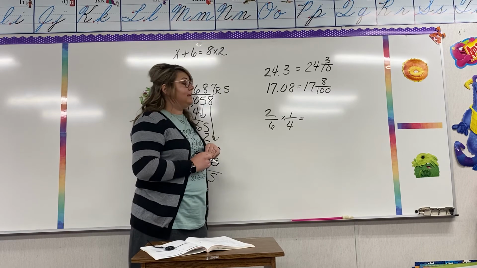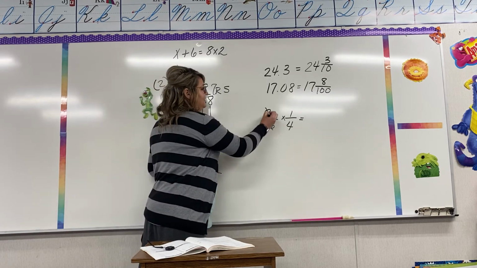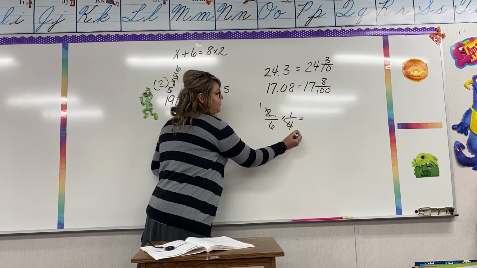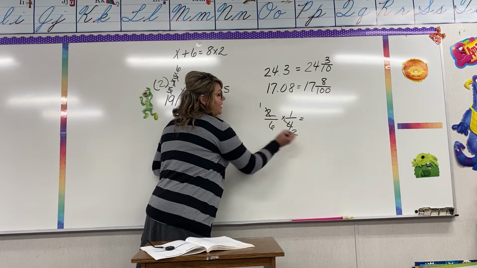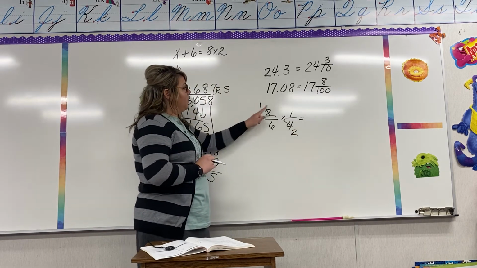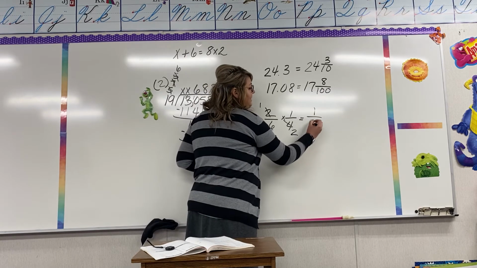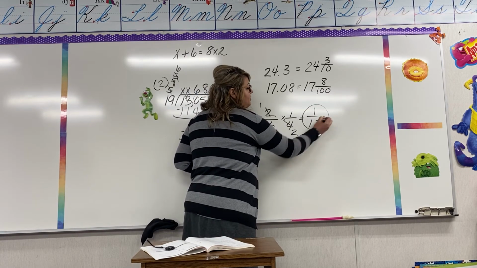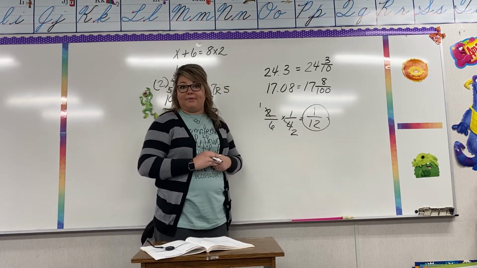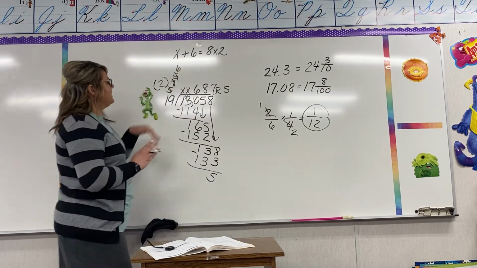First of all, let's see if we can cancel anything. We can cancel this. 2 goes into 2 1 time, 2 goes into 4 2 times. So here we go. Now let's multiply. 1 times 1 is 1. 6 times 2 is 12. So my answer is 1/12. All right. Now our last thing is